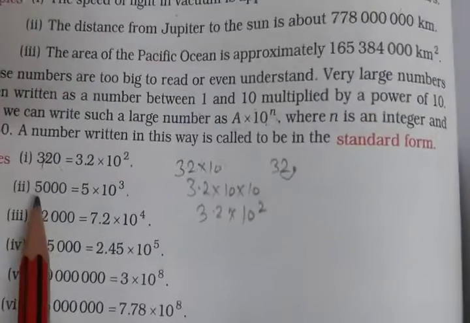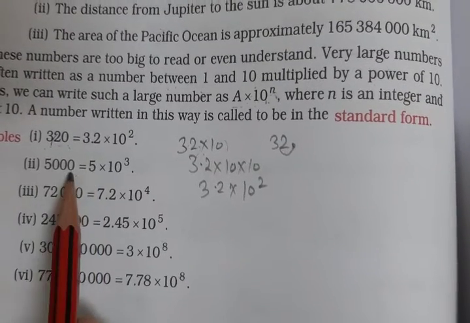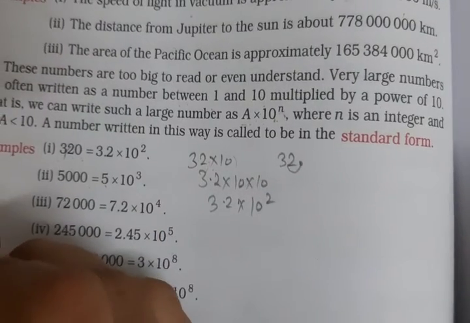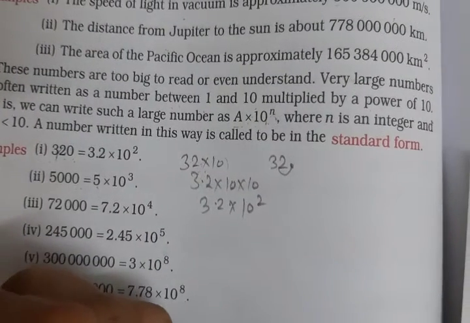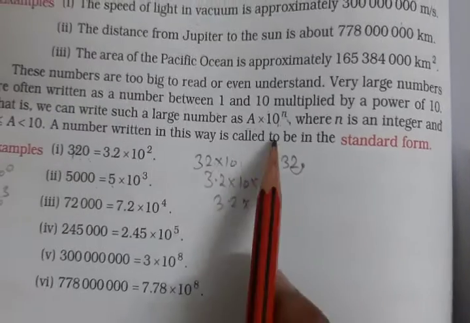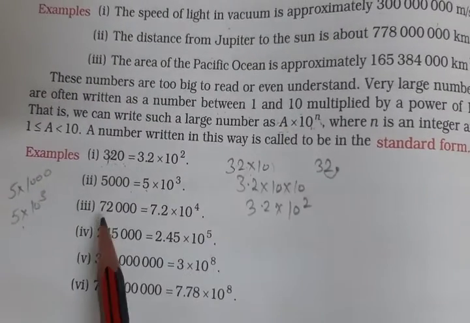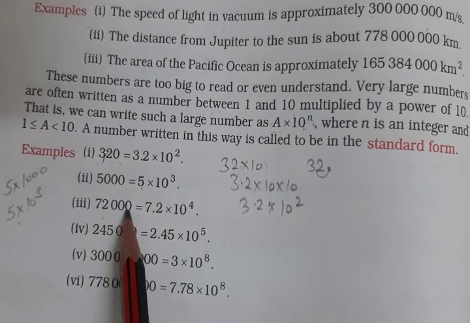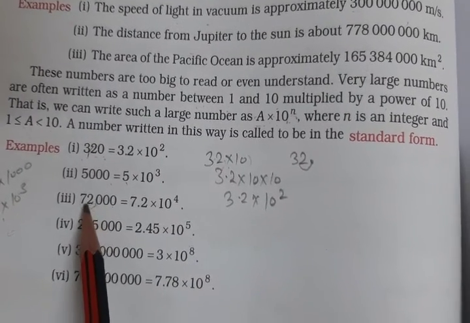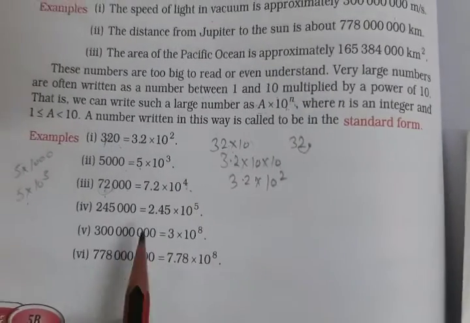Understand? Now similarly 5000 is here. Firstly we will write 5 into how many zeros will come? 1000. This satisfies the condition, this is 5 into 1000. Now we will write this number, how many zeros will come? 3 zeros will come. Now this satisfies the condition that a lies between 1 and 10. But this number is large, so we will put a decimal here, after 1 place it will move, that means we will write this as 5 into 10 raised to power 4.